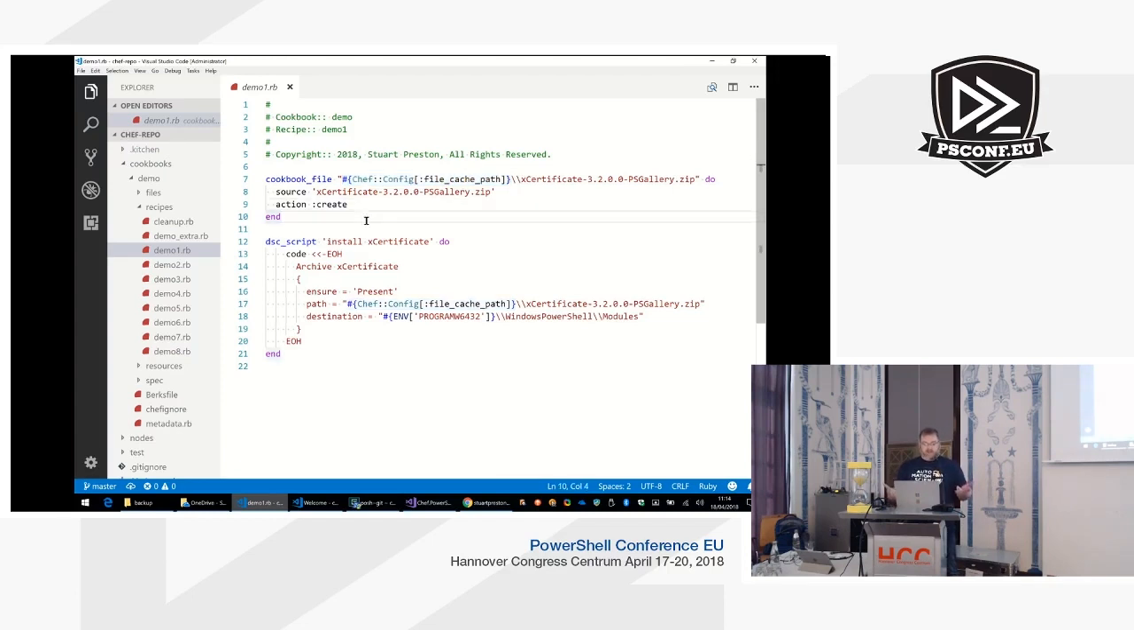I've just pulled down, in this case, the X certificate resources from the PS gallery, actually pulled that off GitHub. And then we've got our initial idea of integration with DSC, and we called it DSC script. DSC script has one main property called code. This is going to be pretty simple. And inside code,